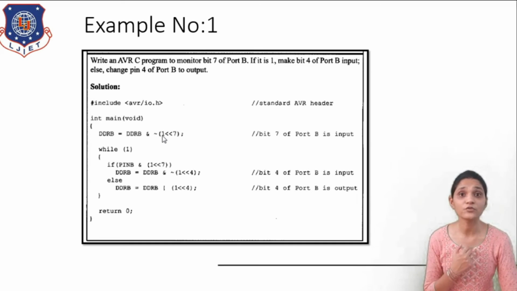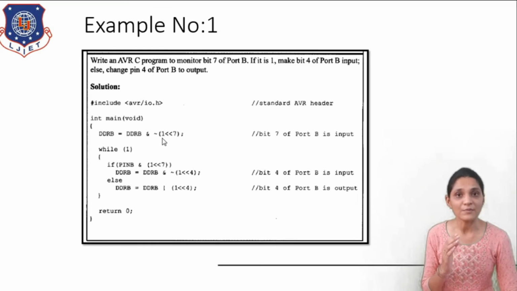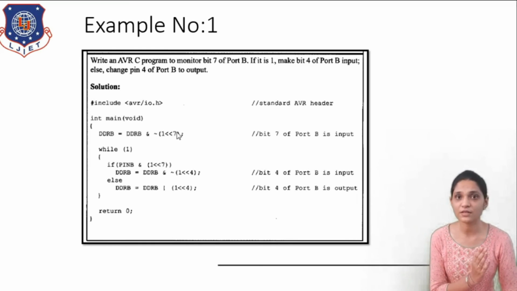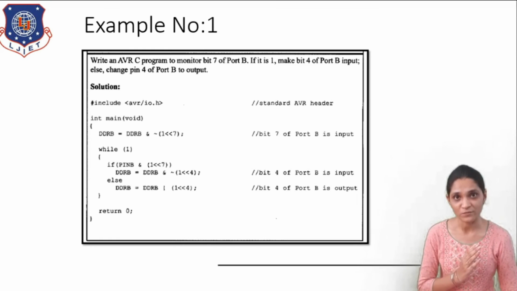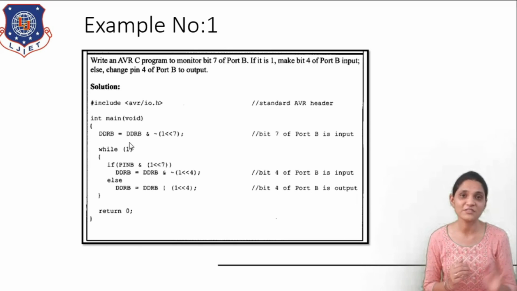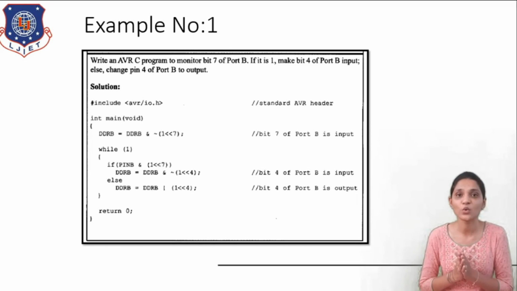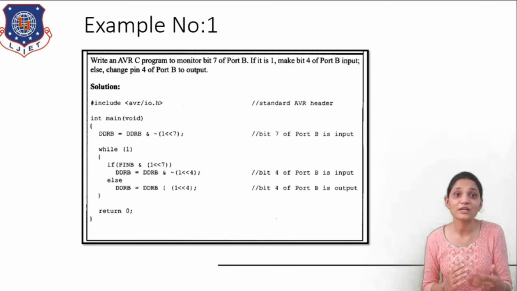First it will consider the bit pattern of 1 and the rest of the bits from the MSB side as 0. Then it will shift this 7 times. So your 1 will move to the MSB and the rest of the bits will be 0, and then you do the NOT operation. So your bit pattern will be 0 and the rest of the bits 1. This pattern will make the 7th bit of the port an input, because your 7th bit is 0 and the rest of the bits are 1. So you can make a port's particular bit an input or output this way also.